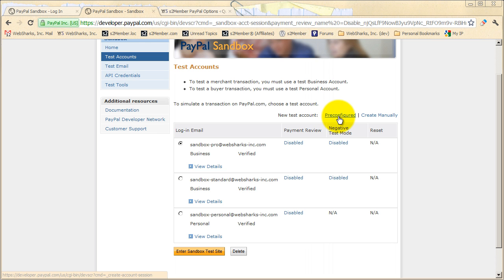And that is really the simplest way. But you will notice here in your list, if you create pre-configured accounts, that the email addresses come out completely jumbled up as fake addresses. Okay, the only way to avoid that, if you want test accounts like I have listed here, where there's actual